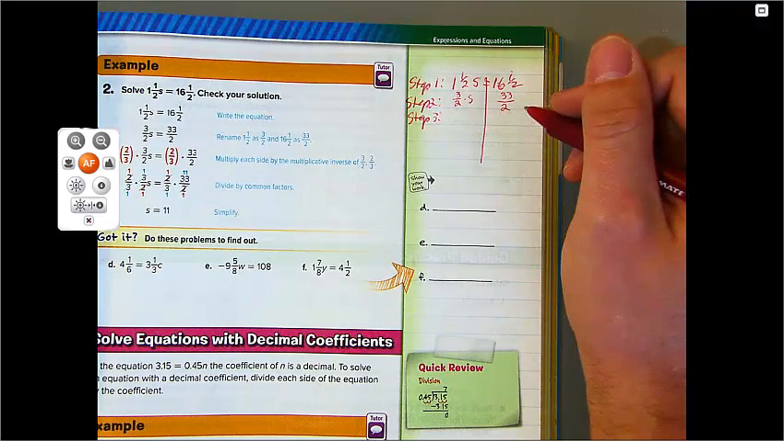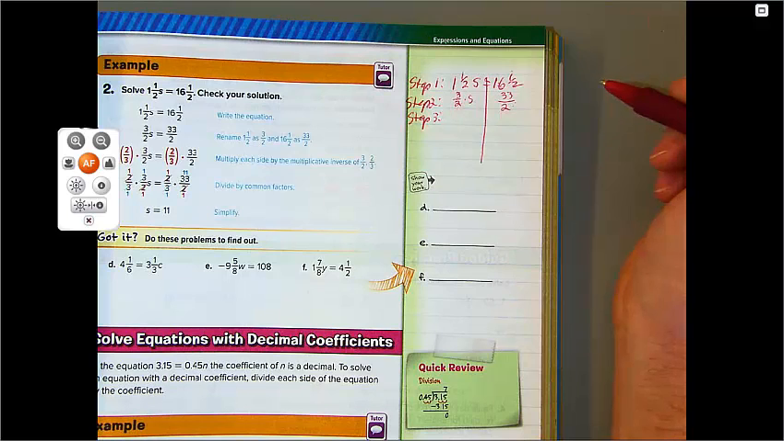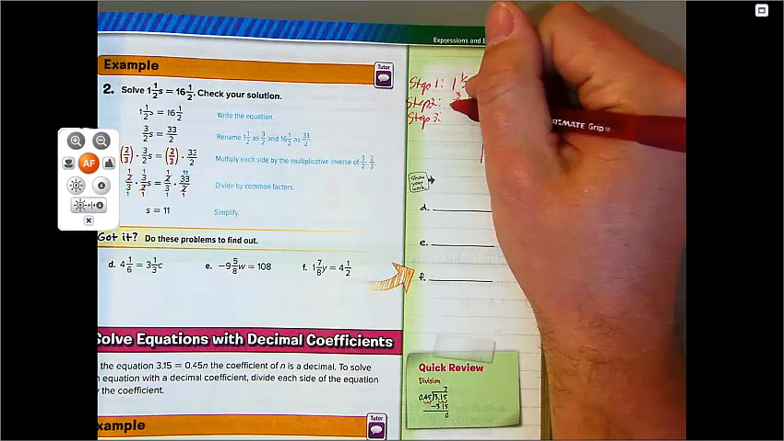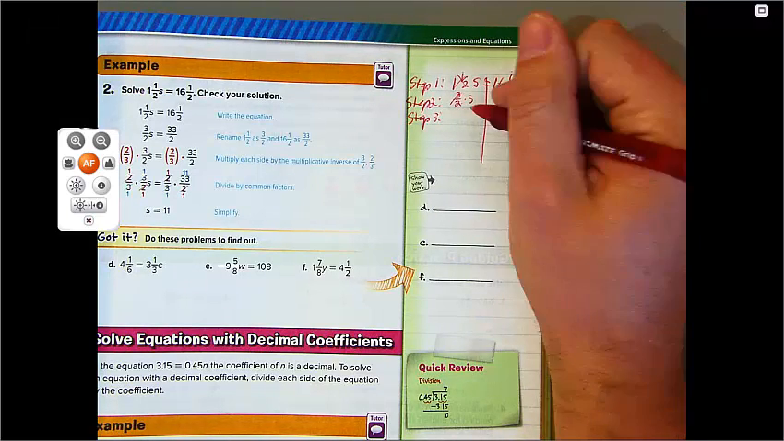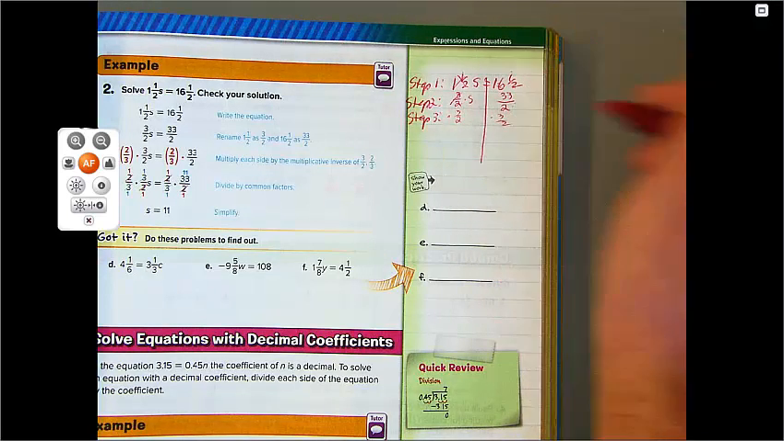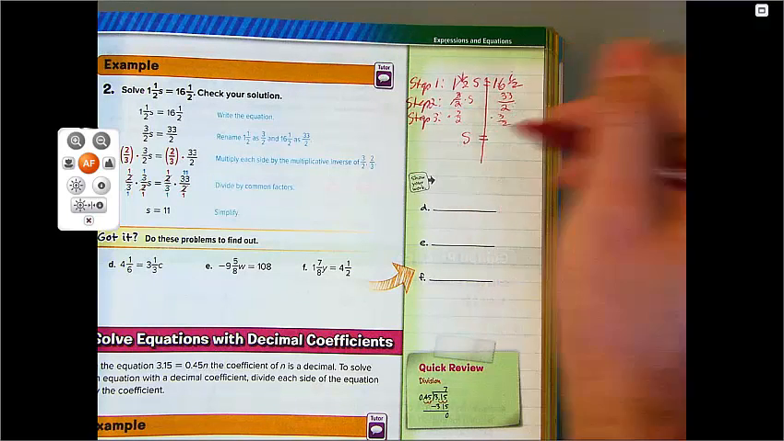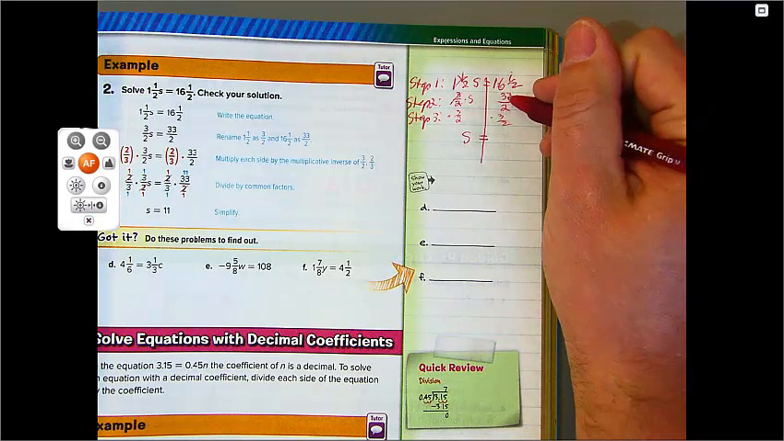So here we go, steps. So now that I've made those improper, I know that those will undo each other, okay? Once I multiply each side by 3 over 2. So I'm left with S equals, and so I multiply 33